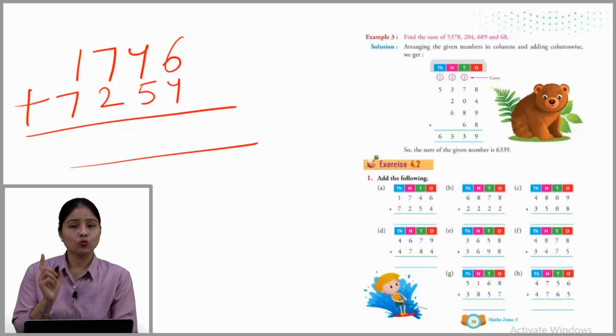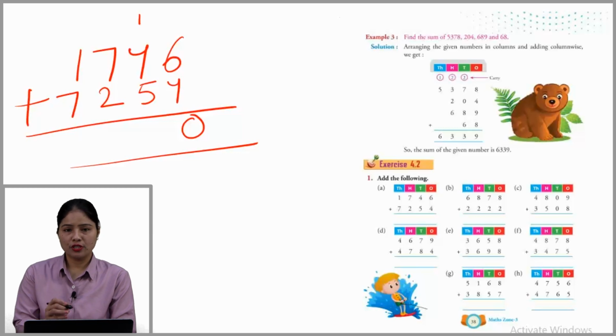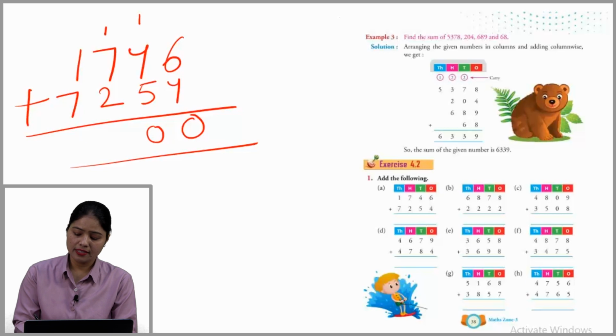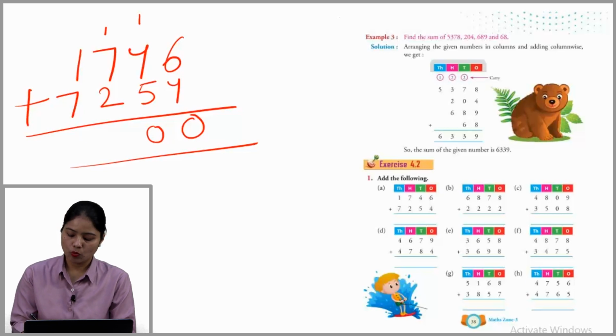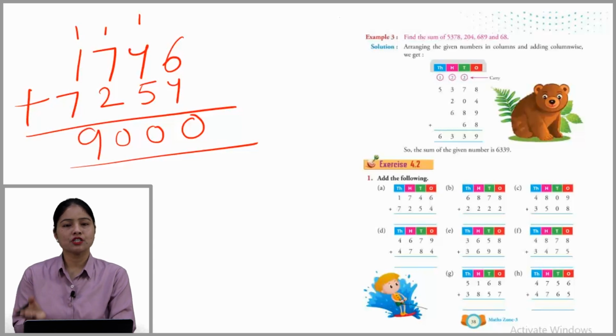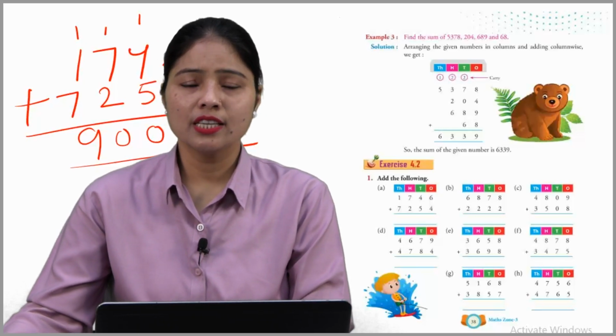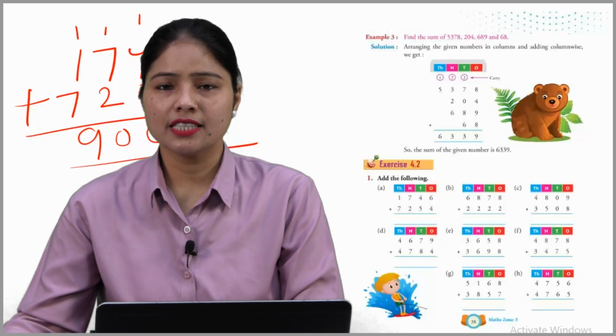So start with ones place. So 6 and 4 is 10. So 10 का 0. Carry 1. 5 and 4 is 9. 9 में carry जोड़ा. 10 का 0. Carry 1. 7 and 2 is 9 and 1 is 10 का 0. Carry 1. 7, 8 and 9. So 9000 is the addition of both the numbers. Okay. So this is how you have to add the other numbers. Okay. So find the other answers very well.